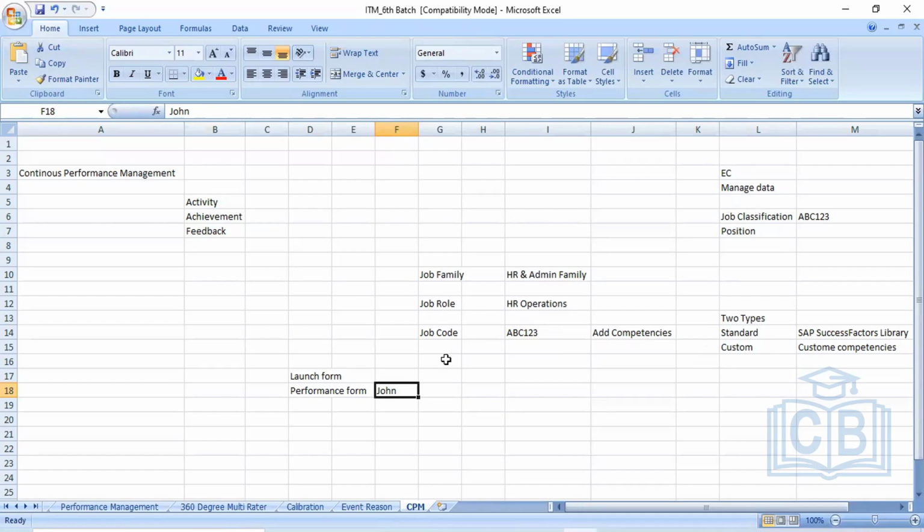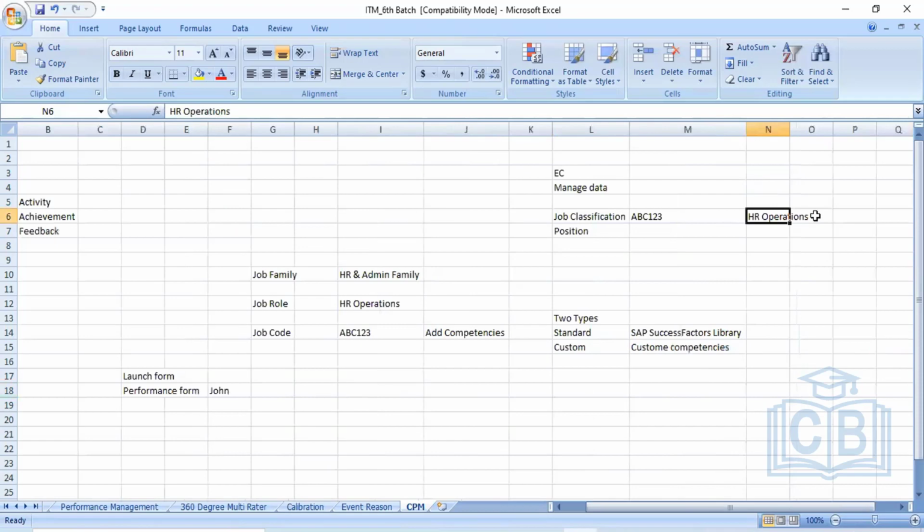Okay, so I'm not talking about John. The system will not identify on the basis of John. The system will identify on the basis of job code. In this job code, there may be John, there may be Ravi, there may be Amit, a lot of other users who are already mapped with this job code.